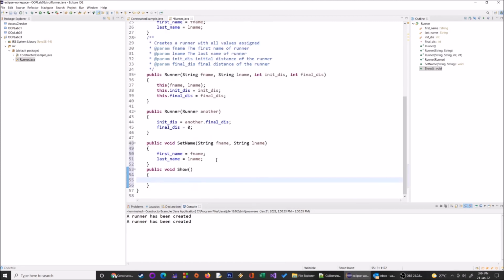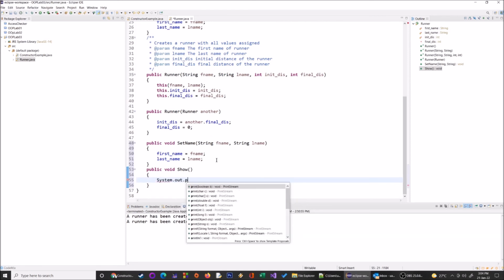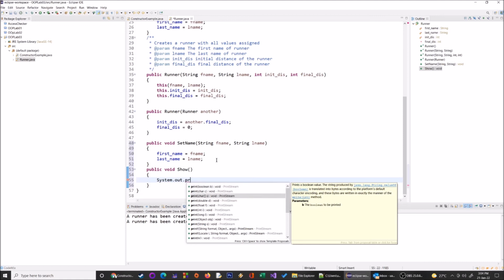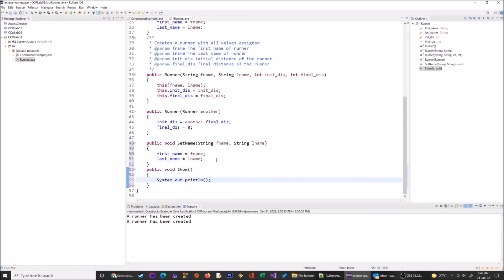So we'll write system dot out dot println, and I write runner details are,